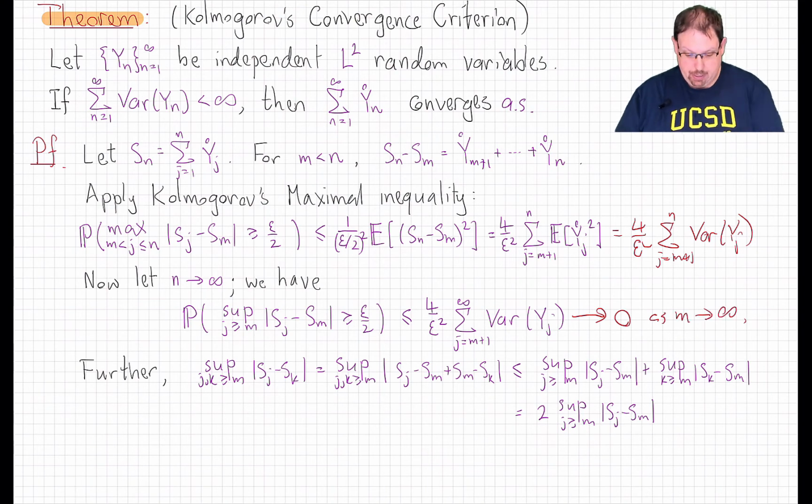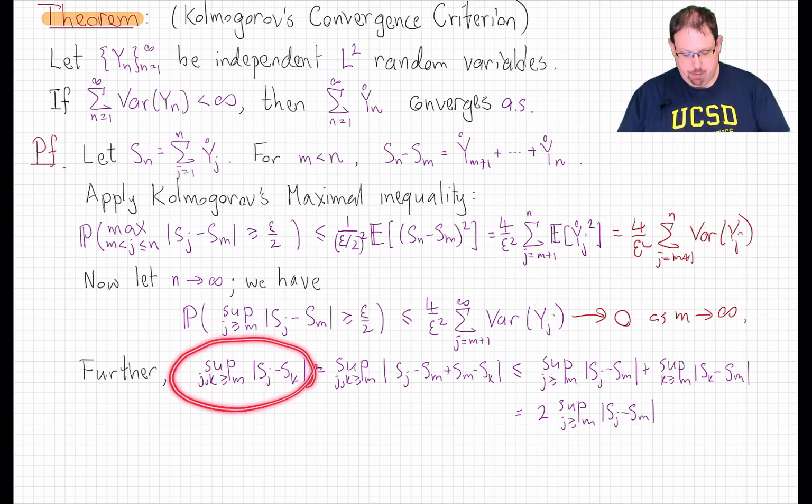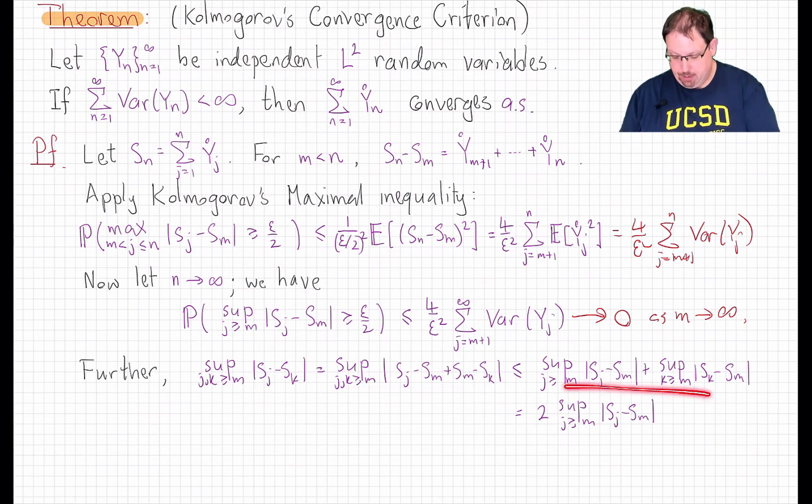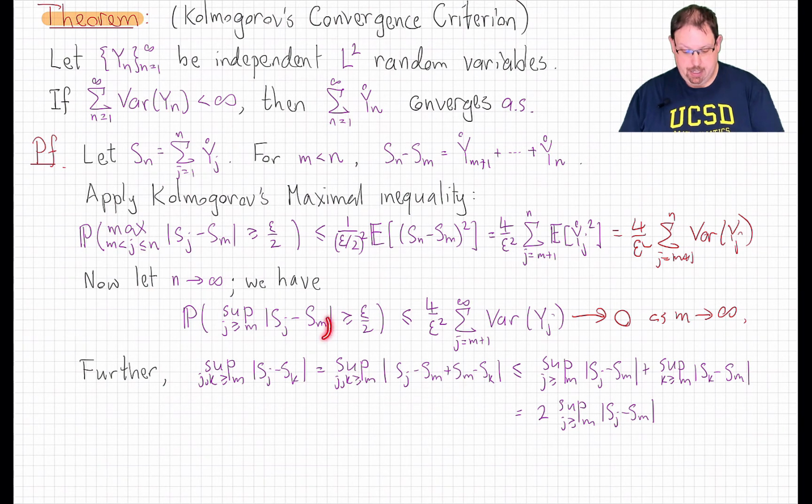Now, that's almost like saying that Sn minus Sm is a Cauchy sequence, but to make it precisely fit, let's just look at this. We want the supremum over all j and k bigger than or equal to m. Then if we take m off to infinity, that's taking j and k both off to infinity, which is what we need for a Cauchy sequence. We'll do the usual trick and add and subtract the base reference Sm in between, bound that using the triangle inequality, and then each of those terms looks like this. And so this supremum is less than or equal to twice the supremum over j relative to m.